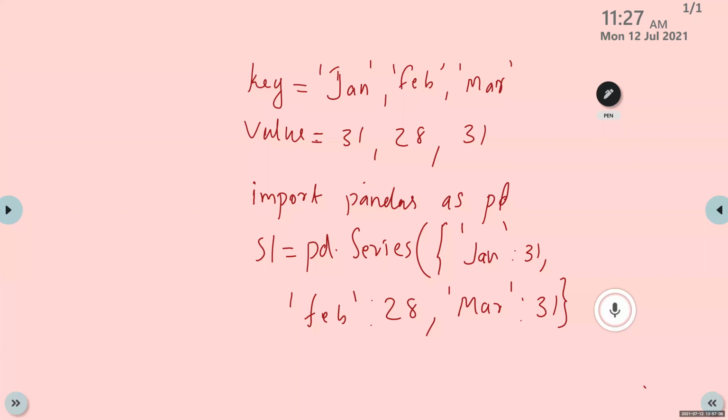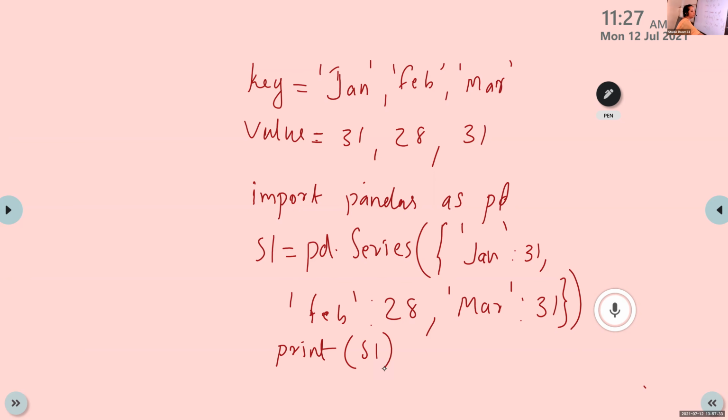Close the curly bracket and also the round bracket. Then what is the next statement, Irfan? How can we display the series? Print S1. Is it clear? This is normal series creation using dictionary.